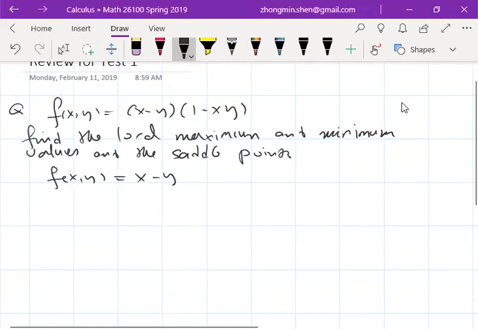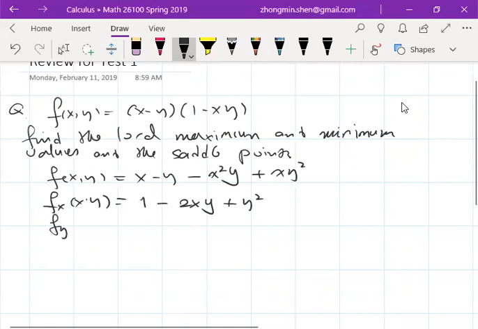So it's going to be x minus y minus x squared y plus xy squared. Okay, so find the partial derivative. It's going to be 1 minus 2xy plus y squared. Okay, and another one, it's going to be negative 1 minus x squared plus 2xy. So we are going to